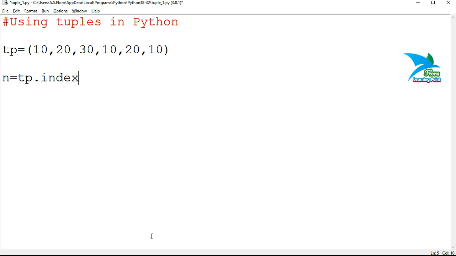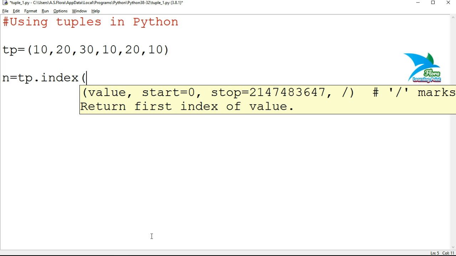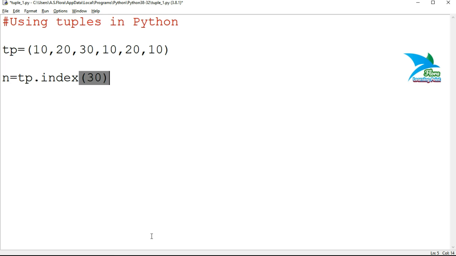So let's demonstrate. N is equal to tp dot index. I'll specify 30. So that means system will search for this particular value from the tuple, and this value presently available on 0, 1 and second index position. Then the system will return 2.